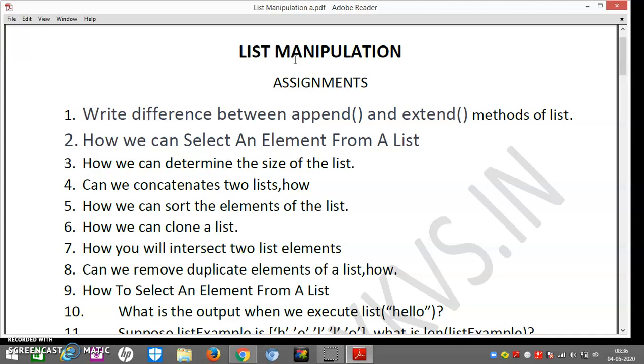Friends, as we have studied about list manipulation, what is a list? List is a collection of heterogeneous elements. There are two things we have studied in a list, that is elements and index. Index are the memory locations that start with 0 for positive indexing and -1 for negative indexing. Then we have studied how to access an element, how to delete an element, how to add an element, delete, remove. There are so many functions we have studied in list manipulation. Now friends, this is the time that we will be studying the list manipulation assignment.